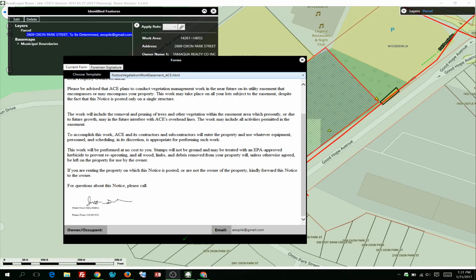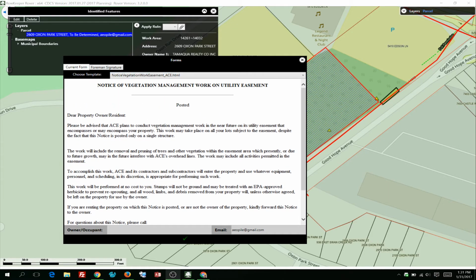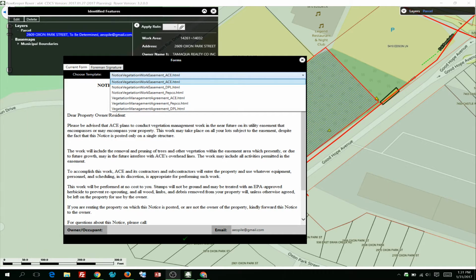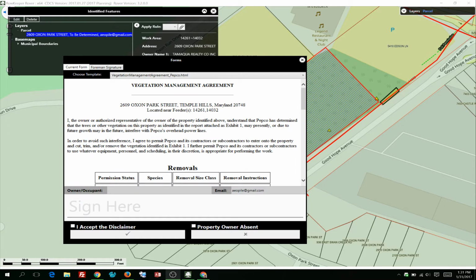The next step is to choose my template. There's two types of slips that we have in the system: notifications as well as vegetation management agreements. And for those two slips, we have each one presented for the operating company in question. So if I go to the vegetation management agreement for Pepco, I can choose that template, and it will populate